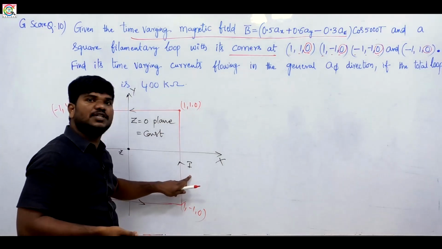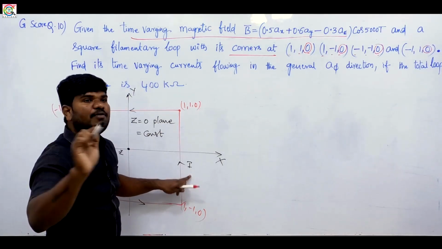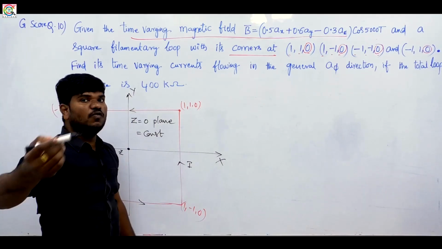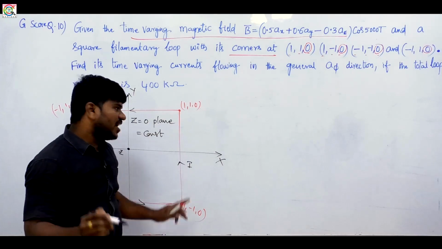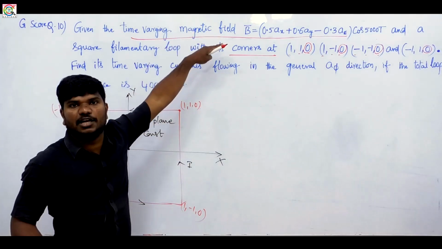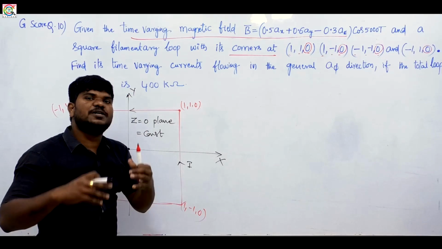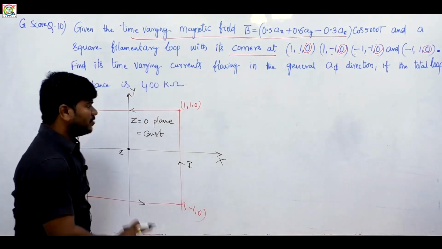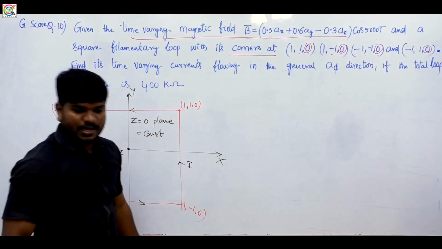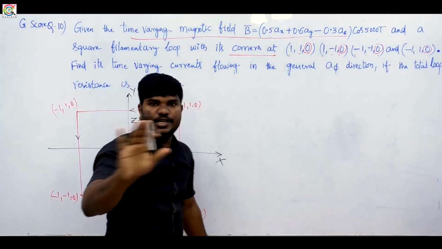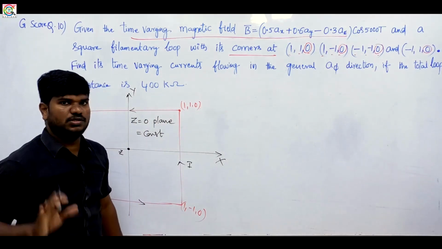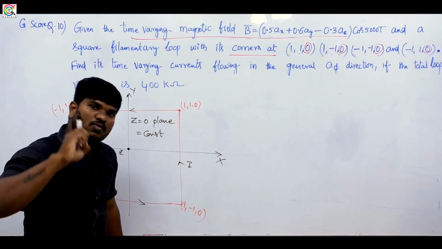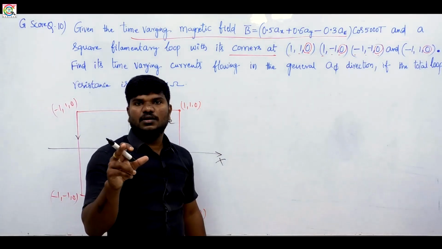To find the amount of this current, you must know the EMF induced in this closed loop, okay? Why am I talking about the EMF induced? Because this loop is placed in the time varying magnetic field. So whenever a loop is placed in a time varying magnetic field, then definitely there exists an EMF in the given closed loop, okay? If I talk about a static field, there is no voltage induced in the closed loop. According to KVL, there is no voltage within the closed loop, okay?